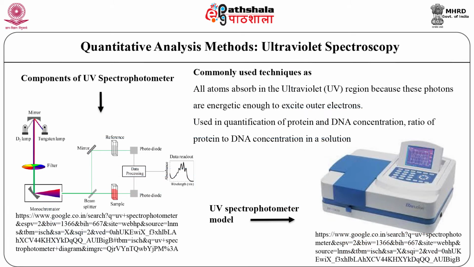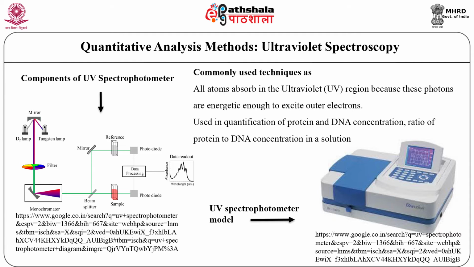Ultraviolet spectroscopy. All the atoms absorb in the ultraviolet region because these photons are energetic enough to excite outer electrons. If the frequency is high enough, photoionization takes place. UV spectroscopy is also used in quantifying proteins and DNA concentration, as well as the ratio of protein to DNA